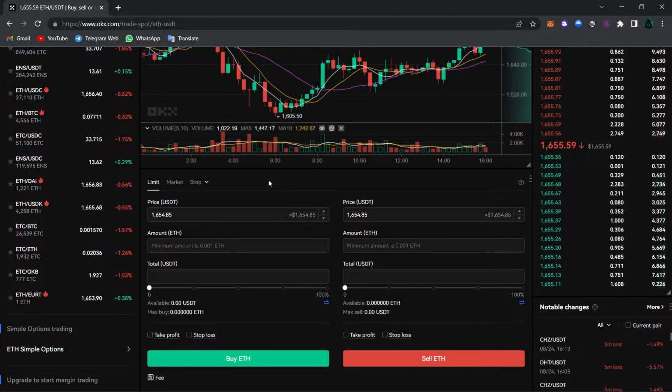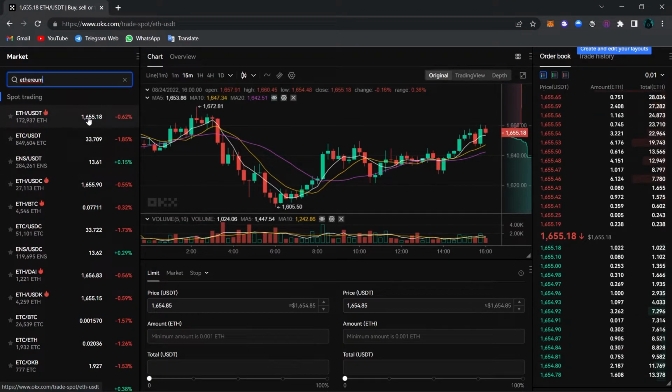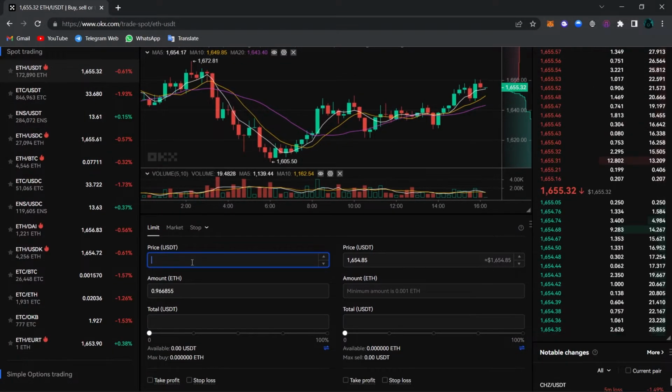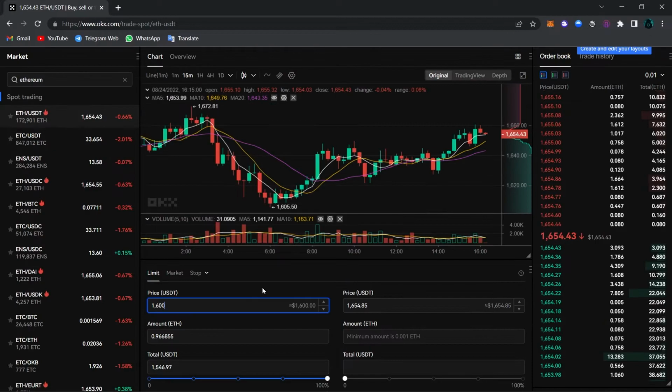Limit is setting a price to buy or sell, and if the price hits that point, your position will be filled and you'll buy at the price you set. So for example, the current price is $1,655, but I don't want to buy at that price. I think the Ethereum price will go down a little and I want to set a limit to buy at $1,600. So when you do this and click on buy Ethereum, it will open up a position for you to buy Ethereum at